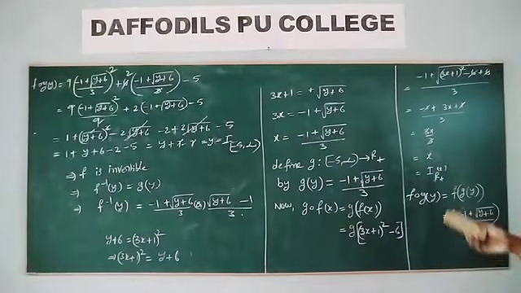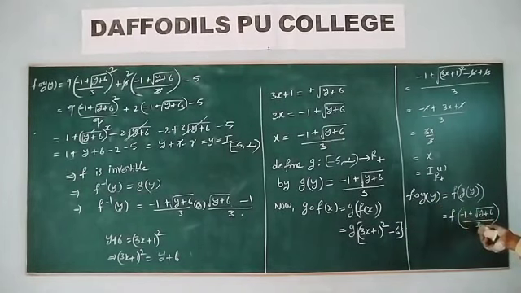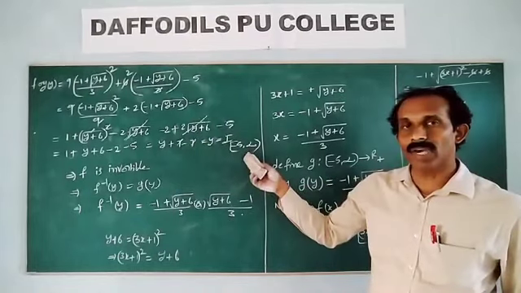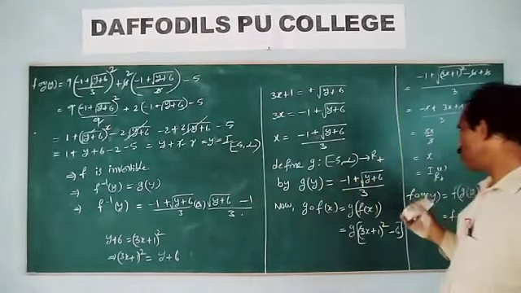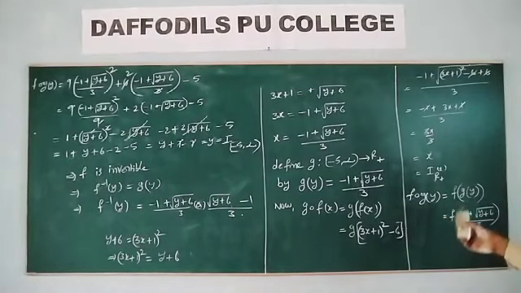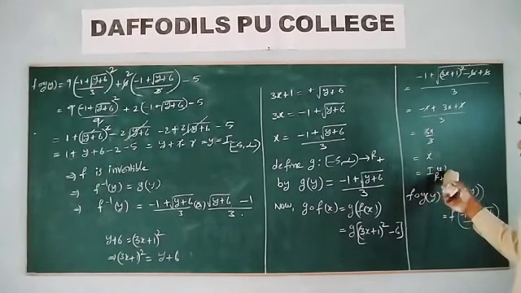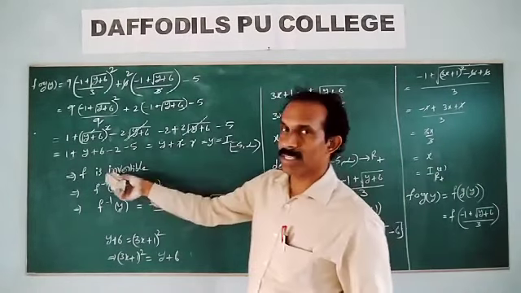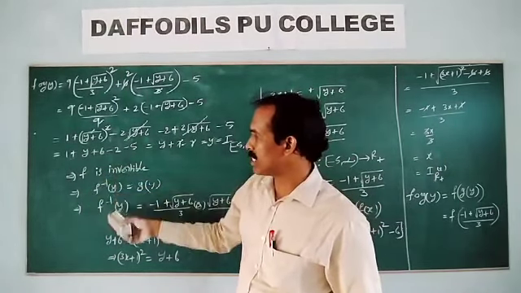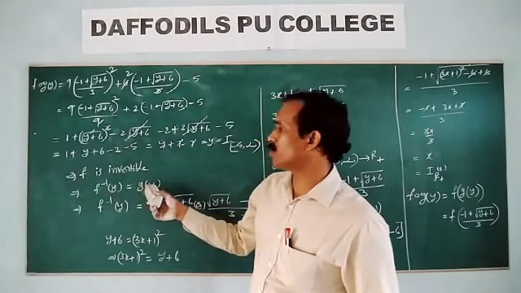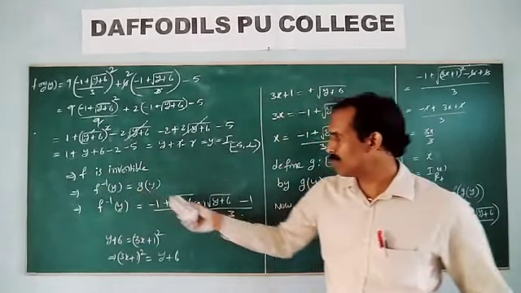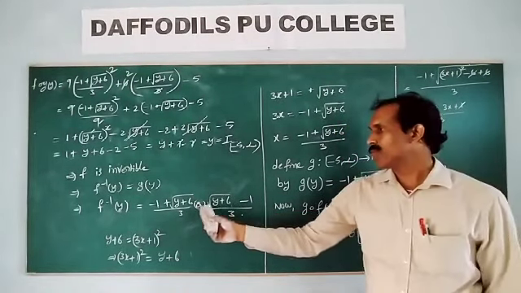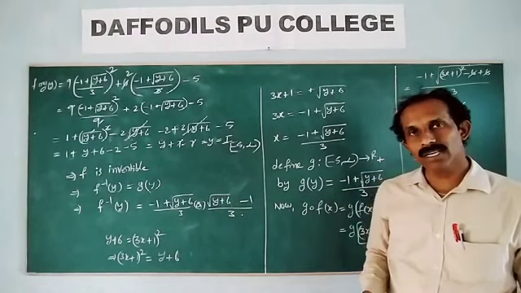This is the identity function. Next, to find f circle g: f circle g means f of g of y is equal to f of this, which also gives y, the identity function. So by the definition of an invertible function, g circle f is an identity function and f circle g is also an identity function. It shows f is invertible. Invertible means the inverse exists. That implies f inverse of y is equal to g of y. Therefore, root of y plus 6 minus 1, divided by 3, is the f inverse.